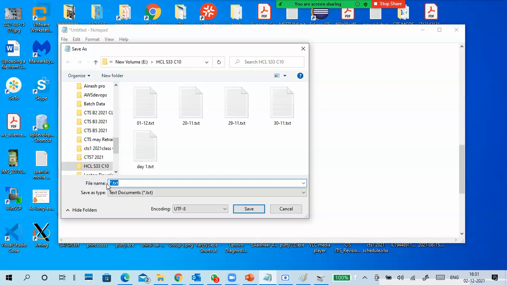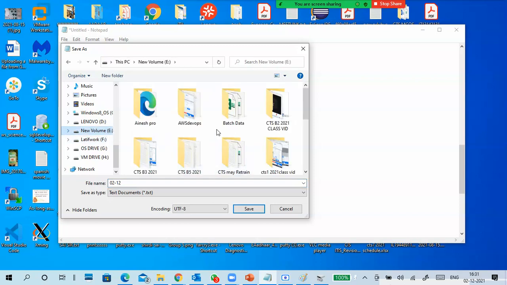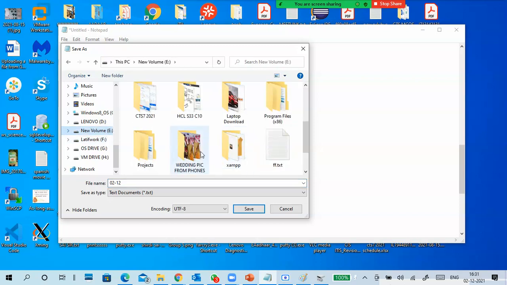Indexing is used to make searching easy. When you store data in the drive, it automatically creates some indexing. So obviously it is easy for the system to search. That's the thing.